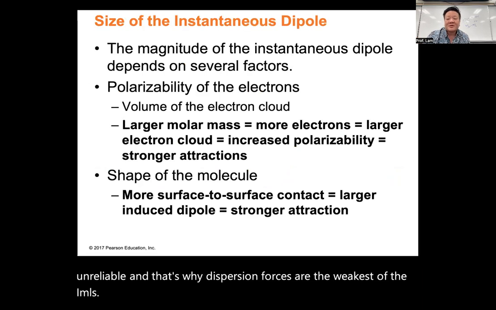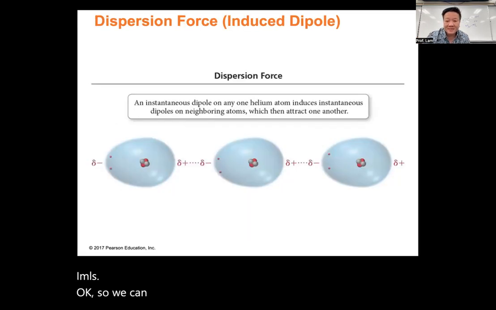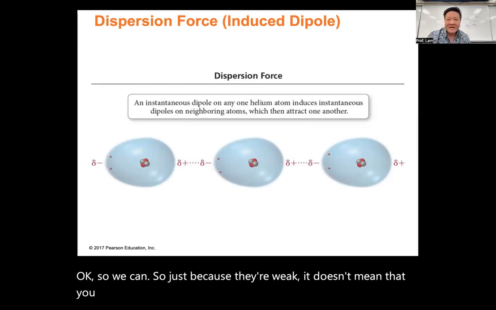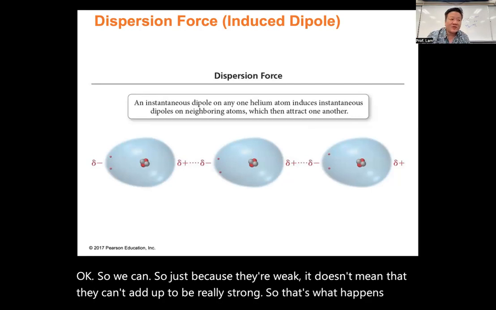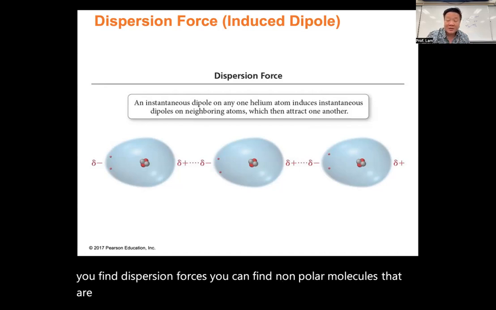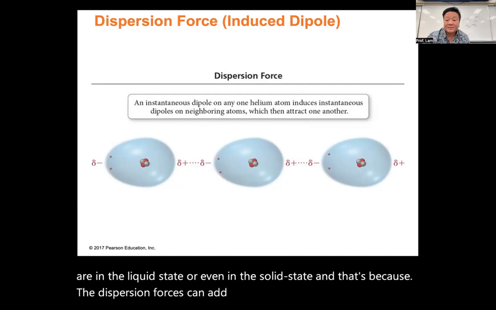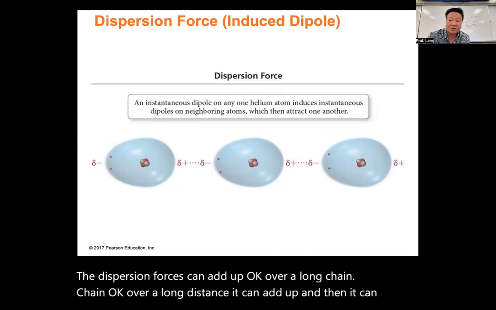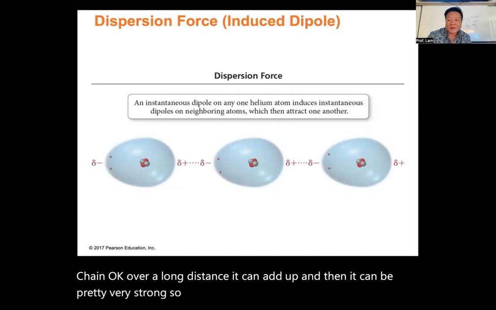Okay. So just because they're weak, it doesn't mean that they can't add up to be really strong. So that's what happens if you find dispersion forces: you can find nonpolar molecules that are in the liquid state or even in the solid state. That's because the dispersion forces can add up over a long chain, over a long distance, and then it can be very strong. So that's why when you're comparing forces,